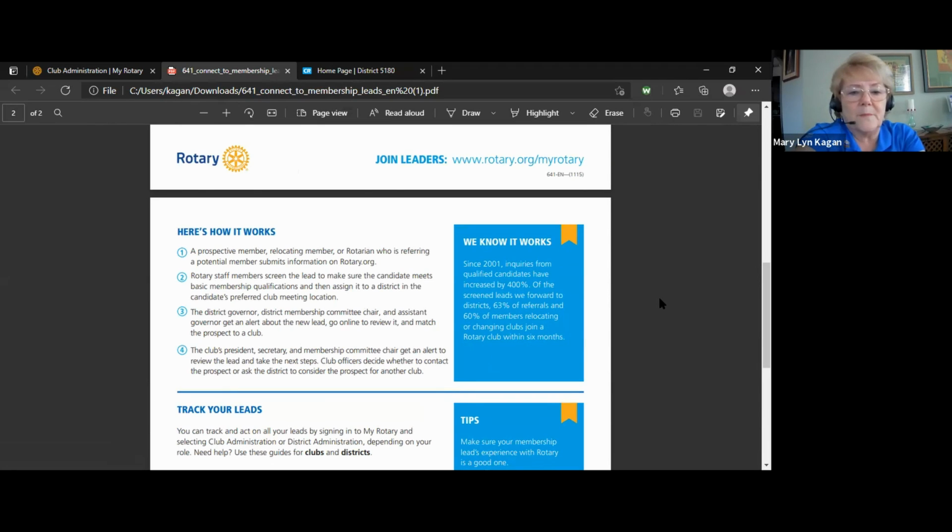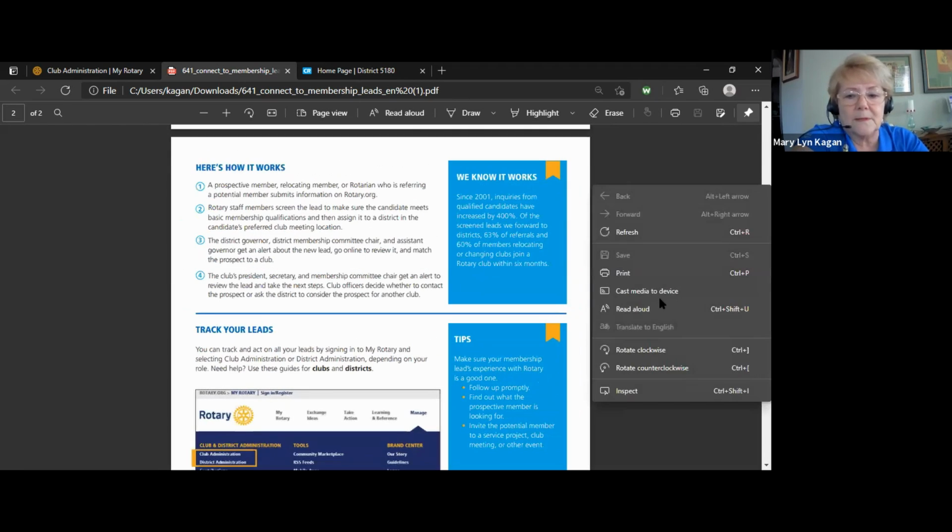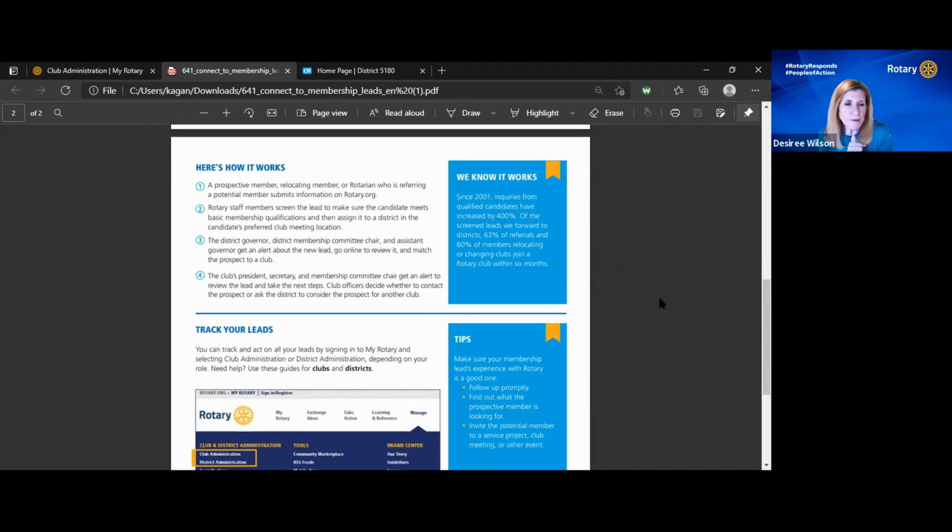So a prospective member or a relocating member or Rotarian who is referring a potential member submits information on Rotary.org. And from there, it works its way down to the district governor, who then matches the prospect to a club. And you can take a look at it and decide if that prospect is somebody that you want to contact or if you want to refer them to another club that you think might be better. So this is a really great resource for getting members. Mary Lynn, I'm sorry,